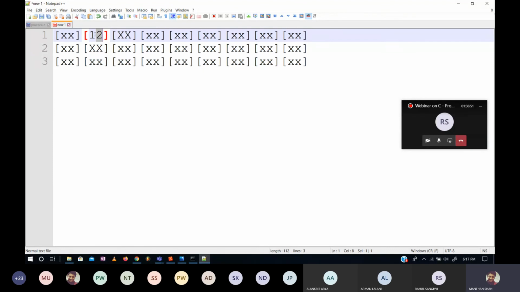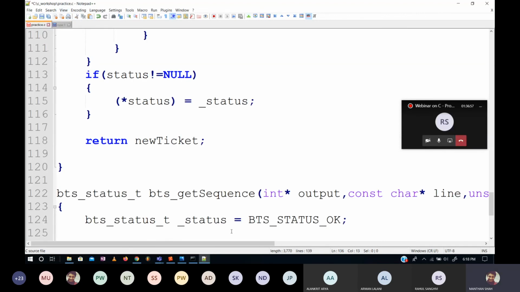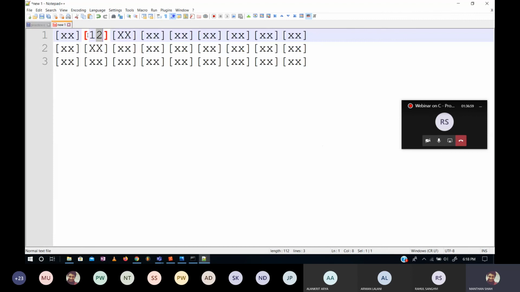The ASCII value of 1 is 49 and of 2 is 50. So inside this character array, we actually have to convert both of these into numbers. We'll have to convert ASCII 49 followed by ASCII 50 into a number called 12.